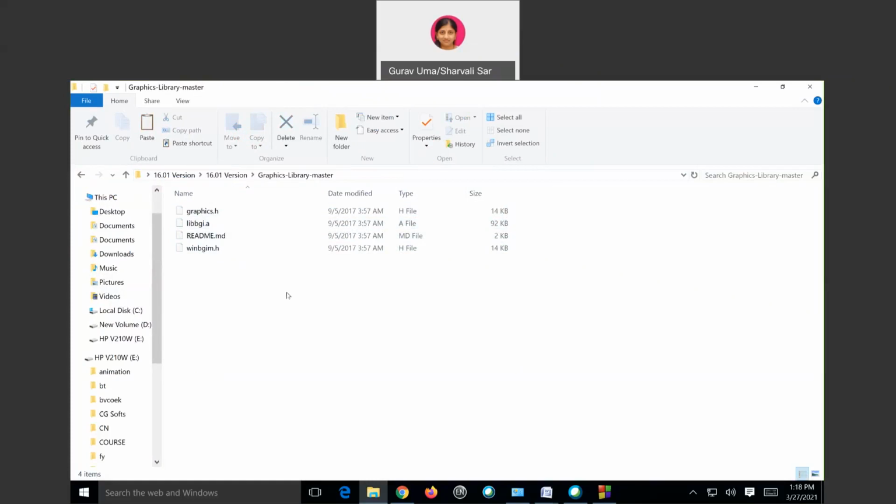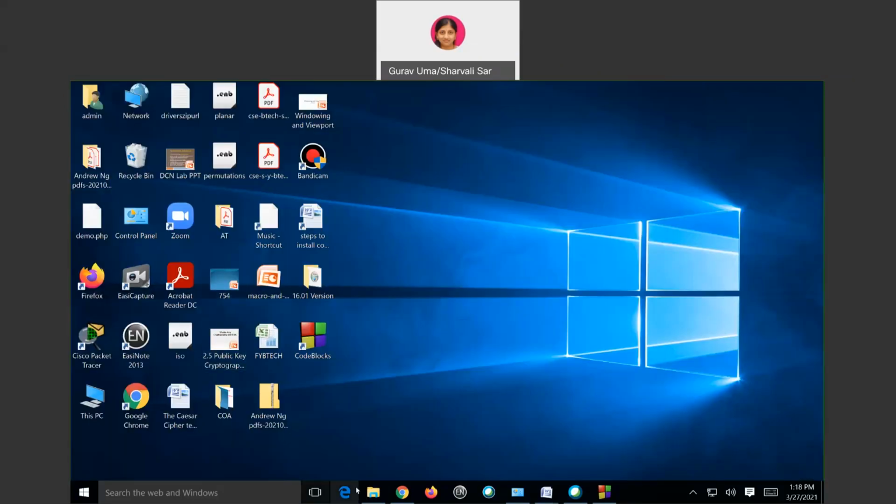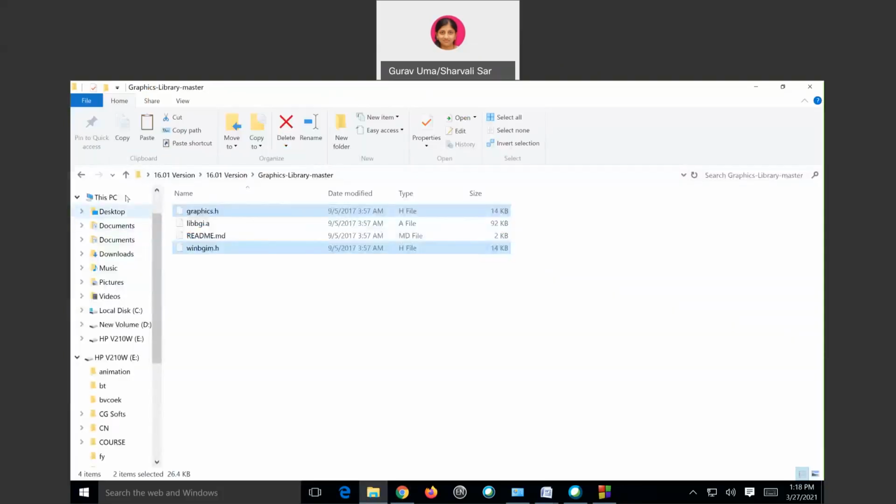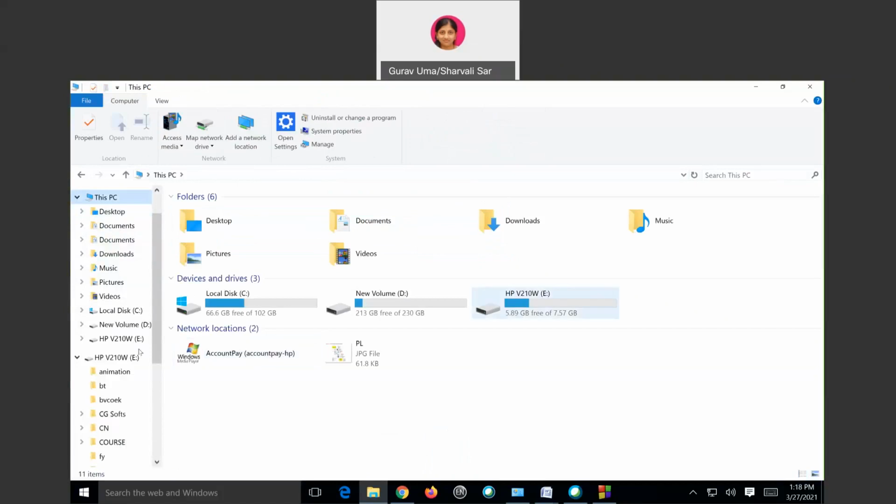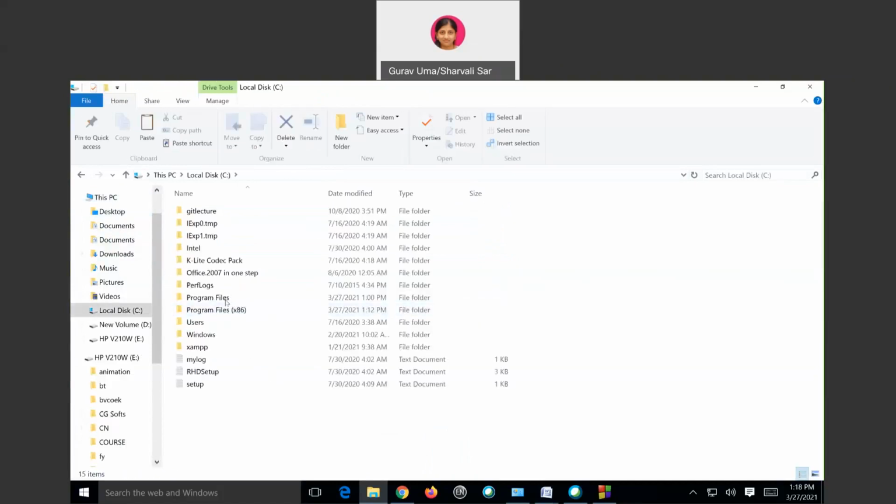So the first step will be to copy the files graphics.h and winbgim.h. I have copied these files. Now go into This PC, then go into Local Disk C, then click on Program Files (x86).